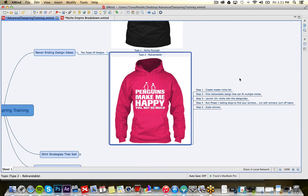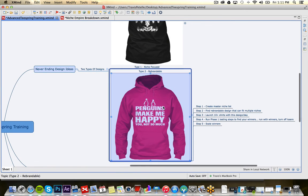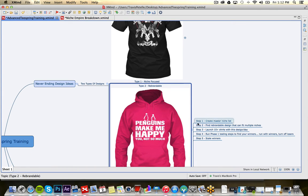So that's what I want to do, is I want to reach out as much as I possibly can, hit as many new niches as I possibly can, and once I have one or two of these rebrandable designs really take off, we follow the niche focus system. So if I had 2 or 3 good penguin shirts go off, that means I probably have a fan page of a few thousand by that point. I have an email list of maybe a few hundred because we've been doing daily posts to get people on our newsletter. And we have those 2 assets to launch our niche focus campaign to get that initial question out there. Which design do you like the best? Give them 2 or 3 options, and we launch that